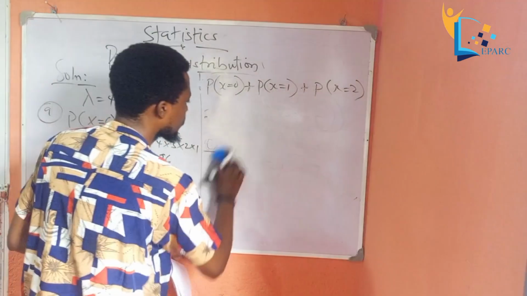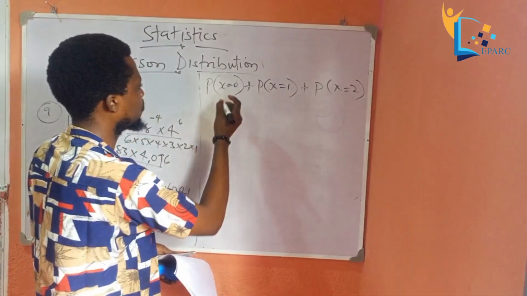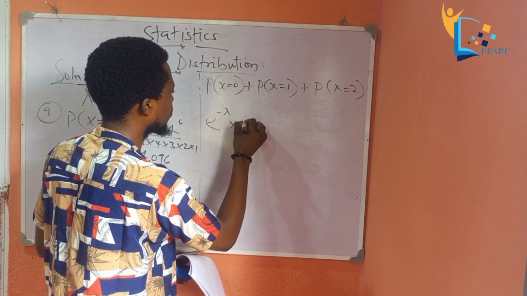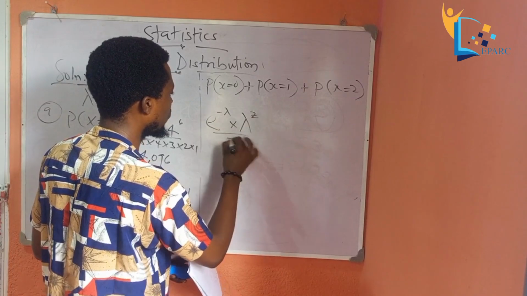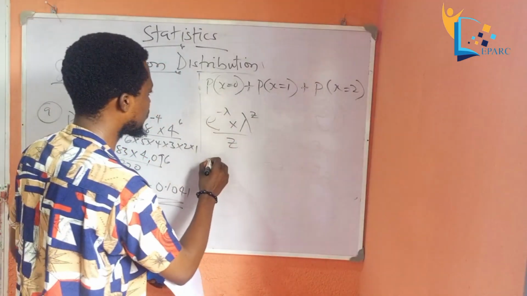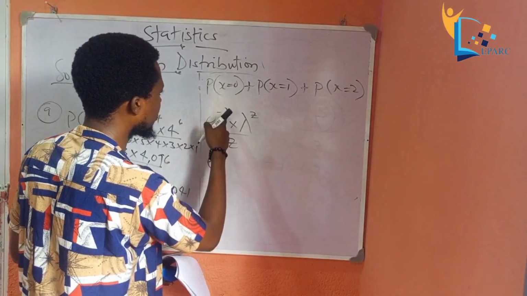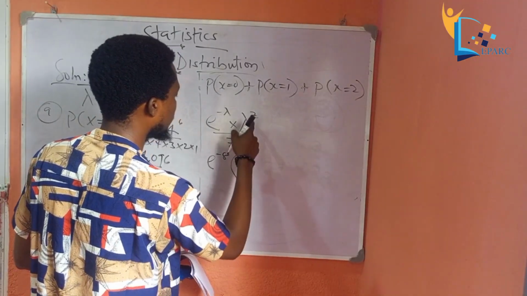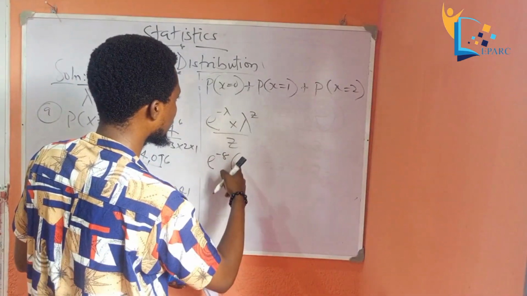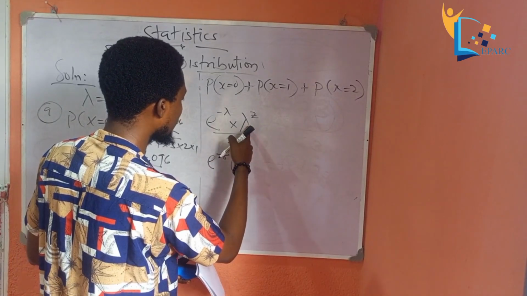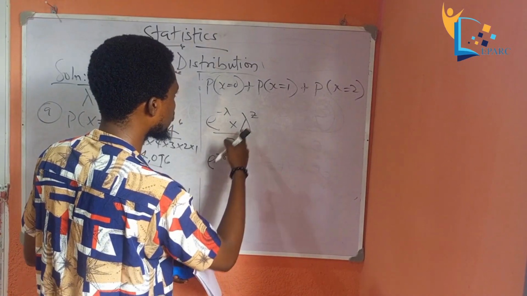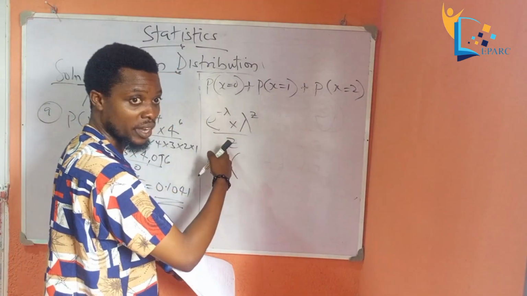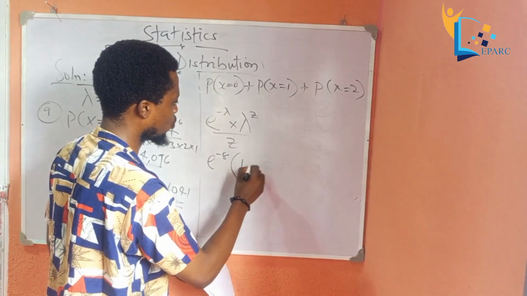Then alternatively, what you will do is Euler's function times lambda raised to the power of z all over z factorial. For this one we have Euler's function, and the mean here is 8. 8 raised to the power of 0 is 1. 0 factorial is 1. Then plus